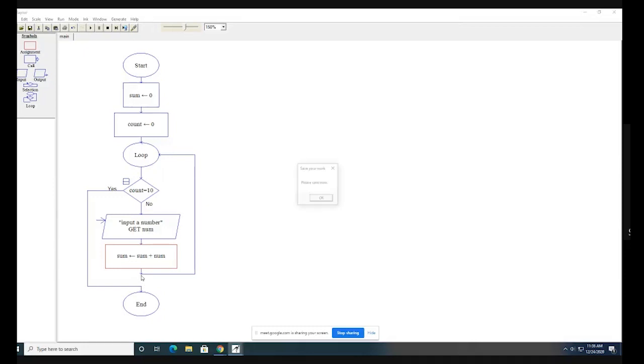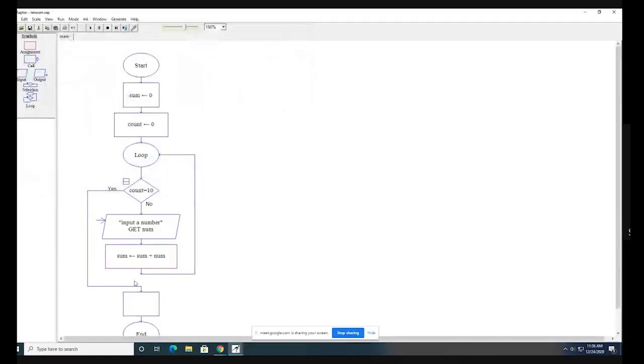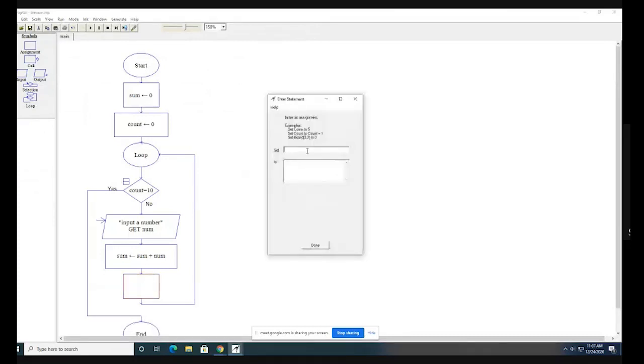We need to save our flowchart. And I am adding the processing box here to increment the counter variable. So count, set count to, we have to increase it by 1, so count plus 1.